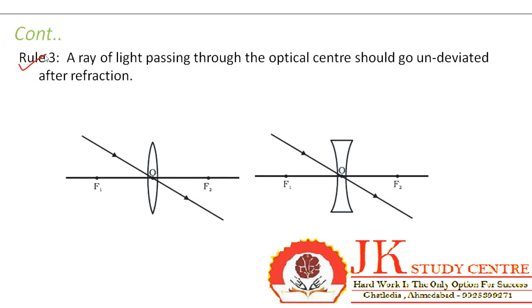If you remember how the lens looks and where the first principal focus and second principal focus are, then you can easily plot the ray diagrams, and there is no need to memorize the rules. If you understand them, there is no need to memorize. Now keeping these rules in mind, we will go ahead and see the image formation by convex lenses and concave lenses separately for different object distances, like how we did for